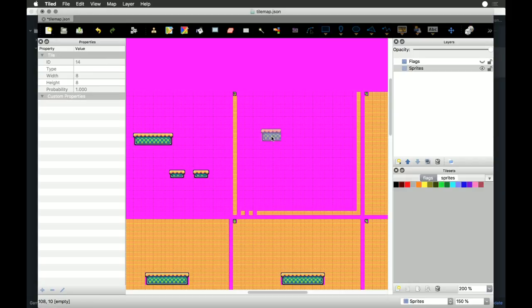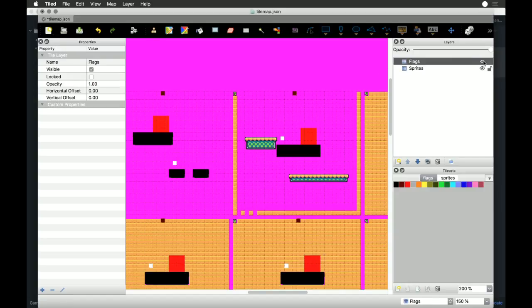What I need to do now is, all right, I'm going to make a smaller base. So we're going to do something like up here. And then for this, we'll do something like this. And for the flags, what we'll do is we'll set